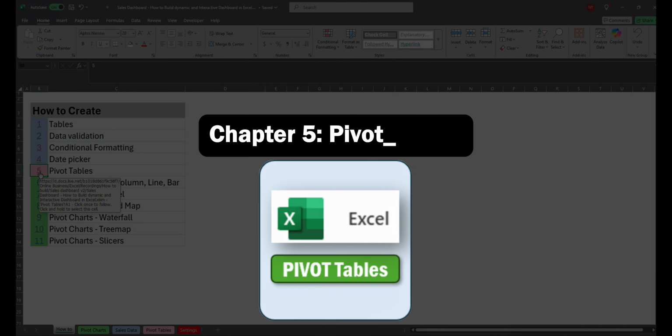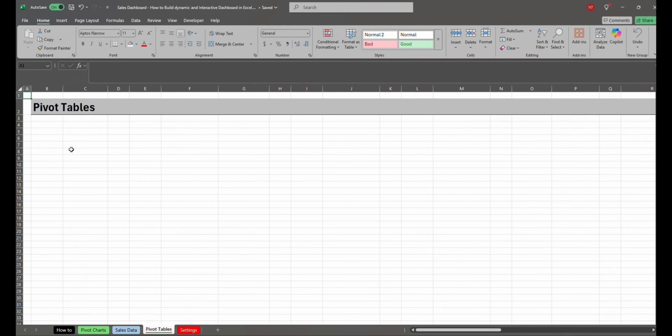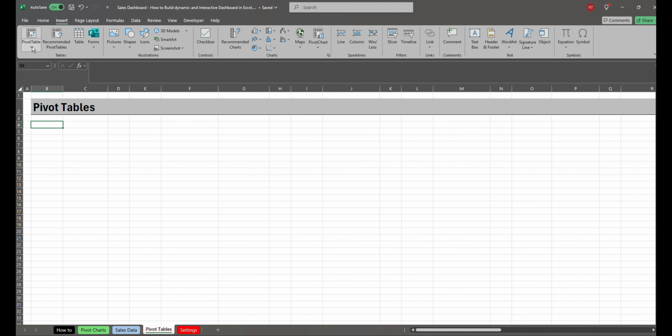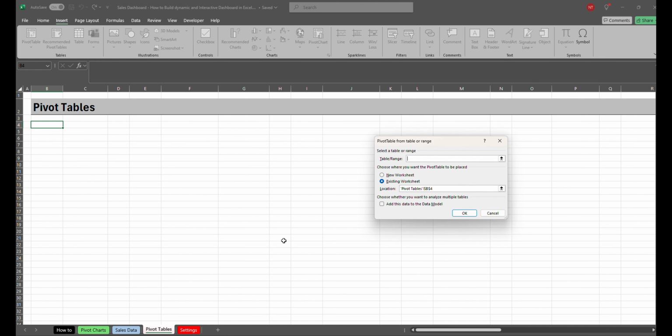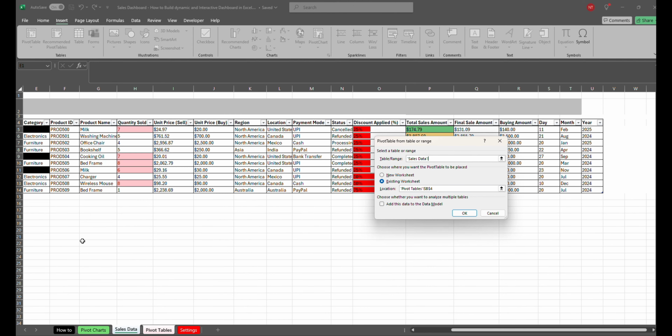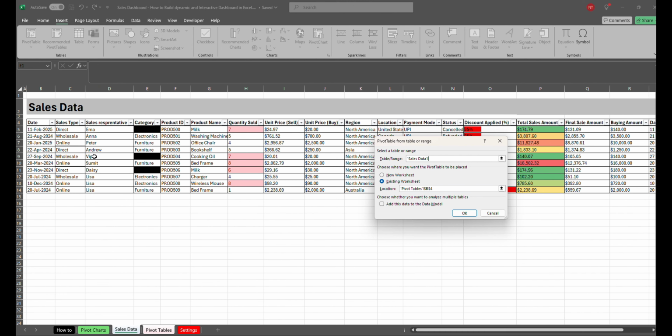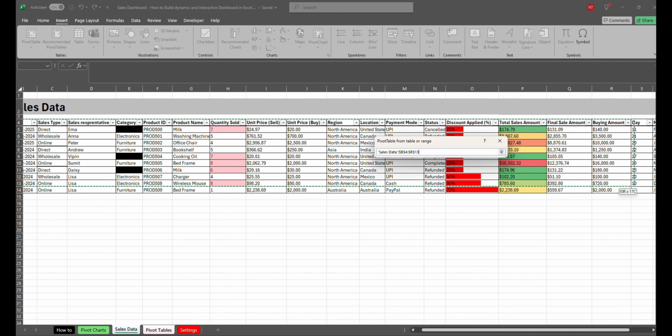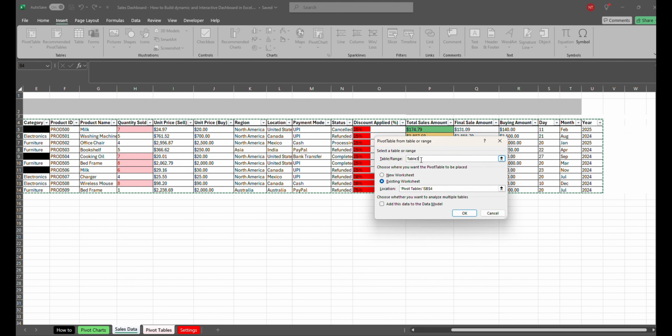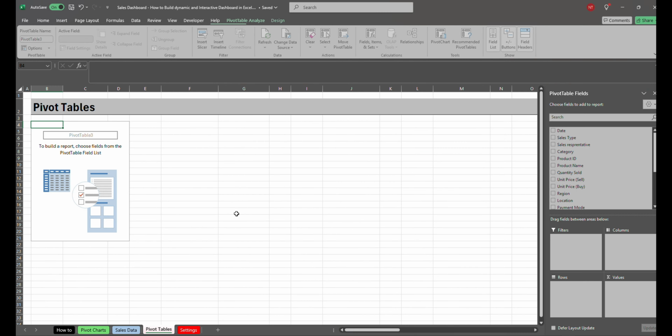Chapter 5 is pivot tables. So you go to pivot tables, you select the table range. So you click on any cell, you go to insert, and you click on table range, and here it will ask for table range. So select the data, and you will see that this automatically fills in the table name as table 3,